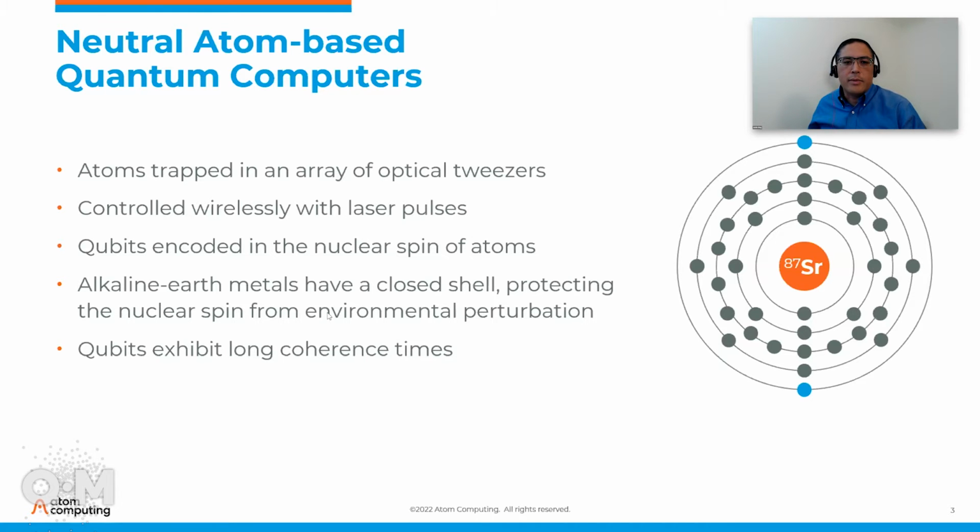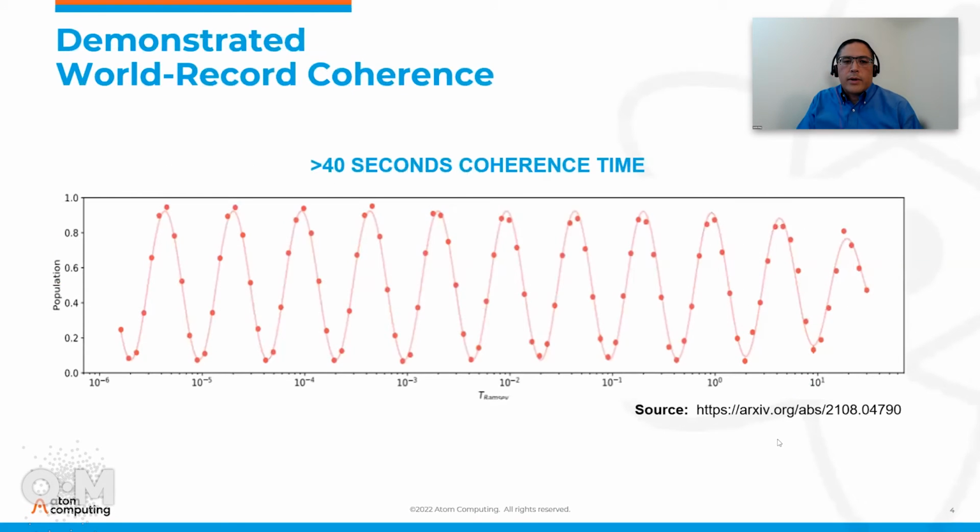Long coherence times can be quite useful. So we recently published a paper about our record-breaking 40-second coherence time, and this is not a limit. We can continue to work on this and increase it. Coherence time becomes really important when it's paired with things like mid-circuit measurement, where you can take some measurements, go and compute what you want to do next, and then come back and continue your operation. So super critical for quantum error correction, as well as certain hybrid algorithms.